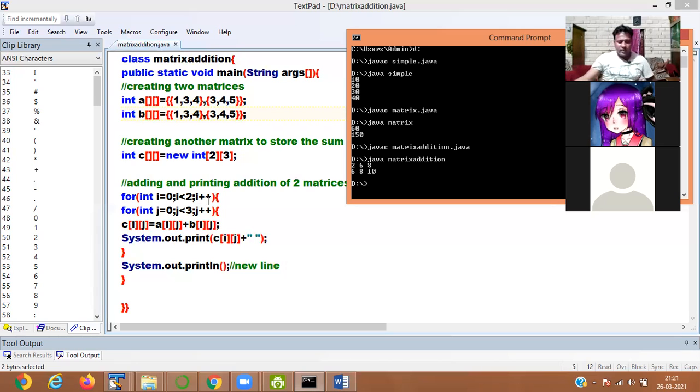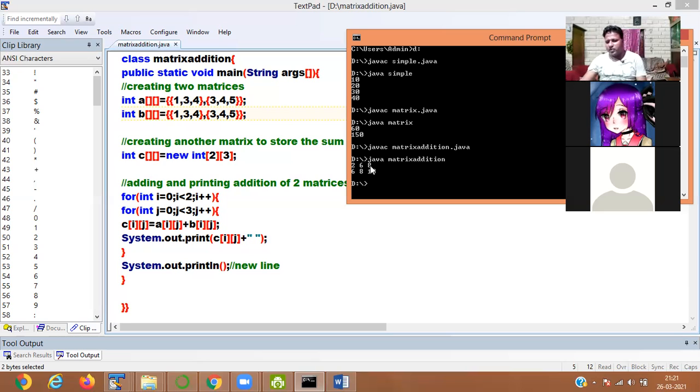In the outer loop, i value is incremented to 1. 1 is less than 2, condition is true. It is coming to the inner loop. j is 0, 0 is less than 3, condition is true. a[1][0] is 1 plus b[1][0], which is 3. 3 plus 3 is now 6.